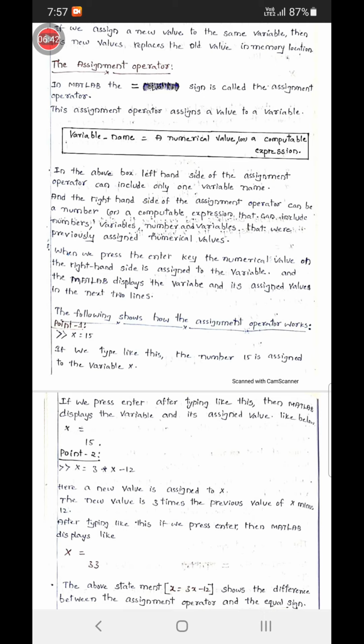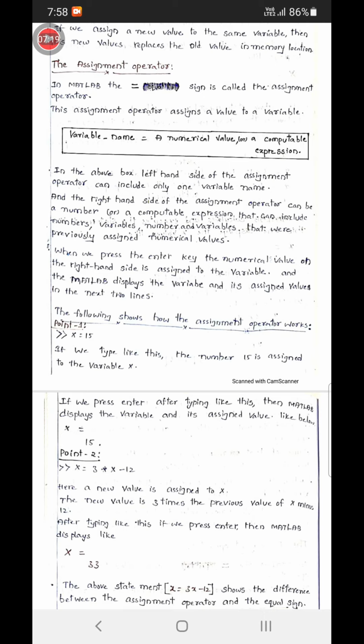A numerical value means a scalar, which means we can type 1 or 2 or 3, or 100 or 1000, 10,000, lakh, whatever the size of the number, we can include. MATLAB considers it as a numerical value. And also a computable expression.